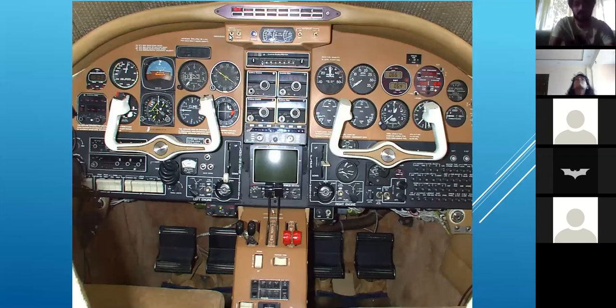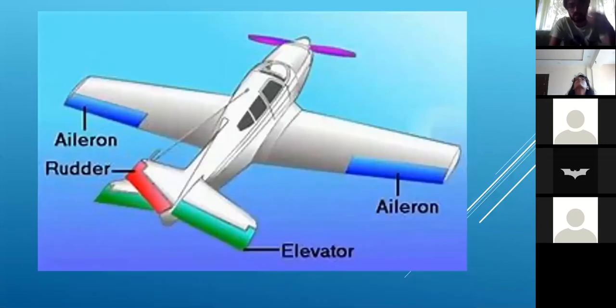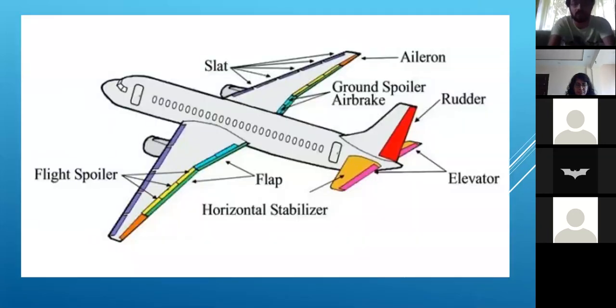And very similarly, we use spoilers, like you all saw here, the flight spoilers and the ground spoilers. They all come up when you land. They come up for that very same reason, to help break the air that's flowing over the wings and slow it down aerodynamically, to introduce more drag. Correct, that's right.